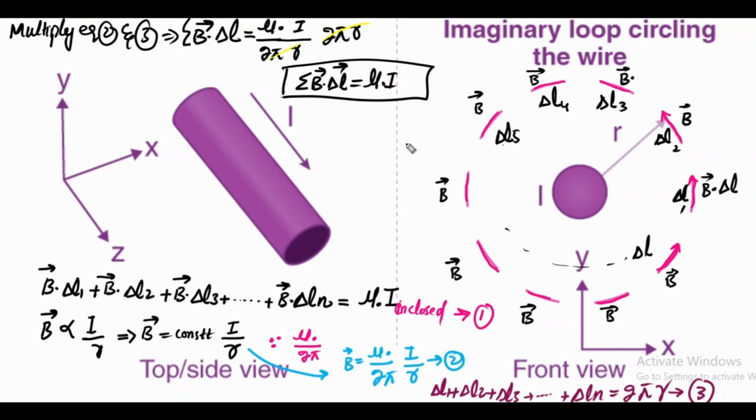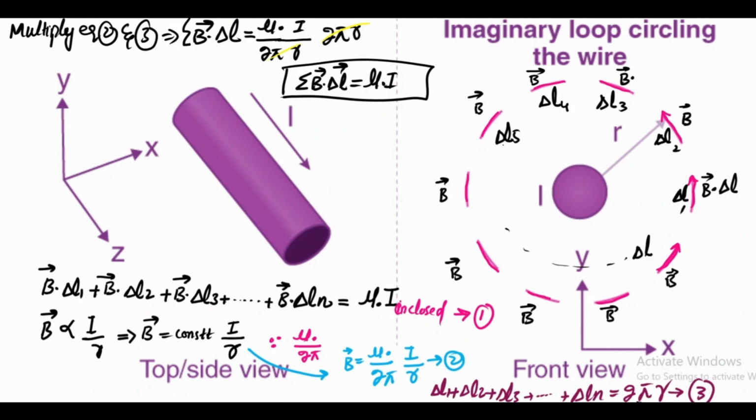So this is the expression for the Amperian loop. Here we have the conductor, and around this conductor there will be some magnetic field, and inside that magnetic field we consider the Amperian loop, and we divide that Amperian loop into small pieces, into small lengths. So those lengths are del L1, del L2, del L3, del L4, del L5, and if we add all those del L's, then it will become the circumference of the circle,